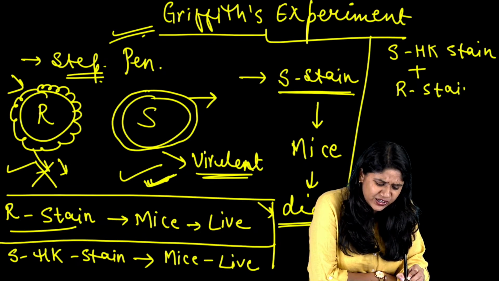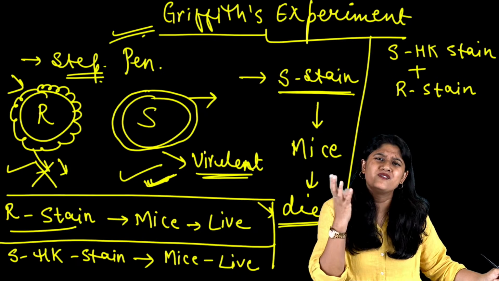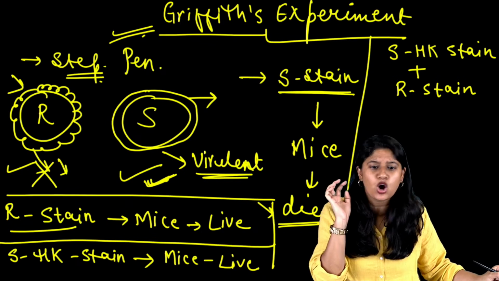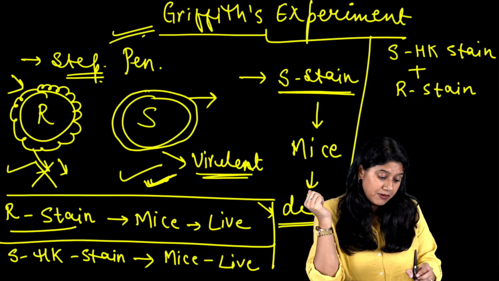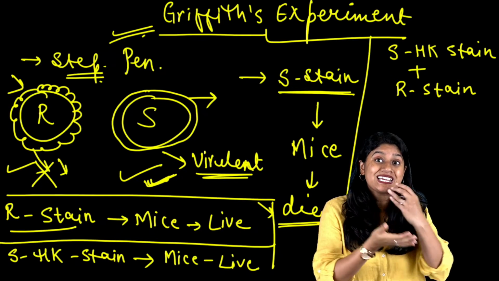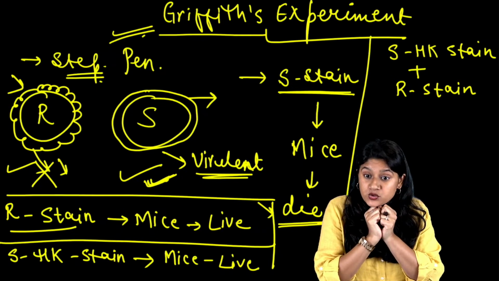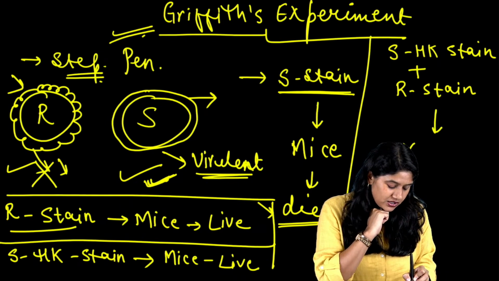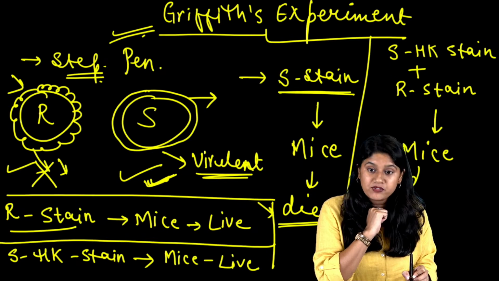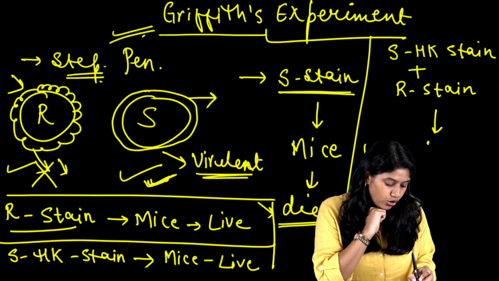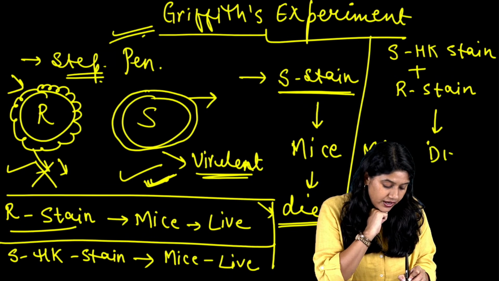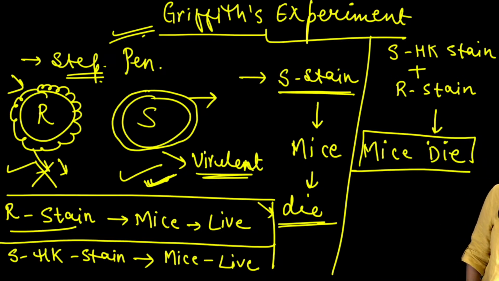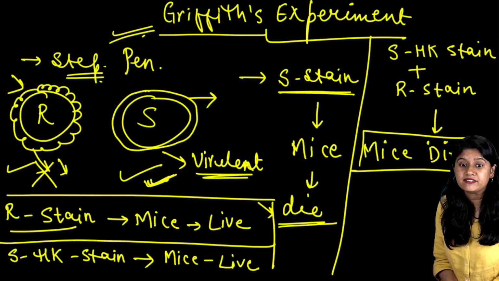The R, which were very innocent, right? R strain is very, very innocent. Ekdam pavam sa hai ye. Right? So R strain is very sweet, is not doing anything. So when he combined the S strain, which was heat killed, with the R strain, which was very innocent, something very drastic happened. What happened, everyone? We saw that mice could not survive. Yes, everyone? All of you, are we clear? We saw that mice could not survive.